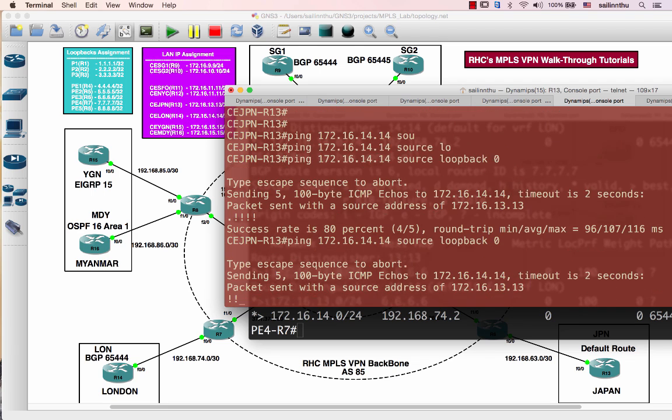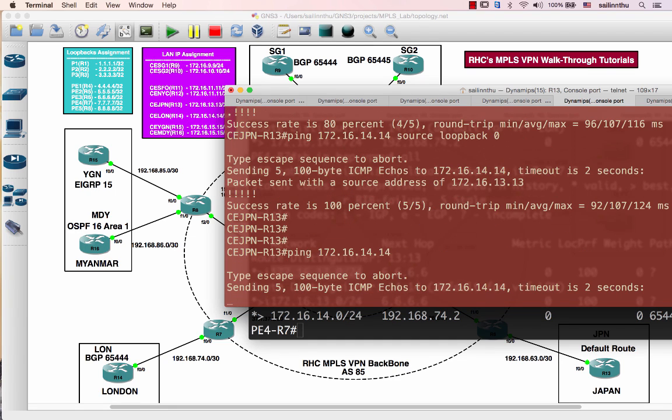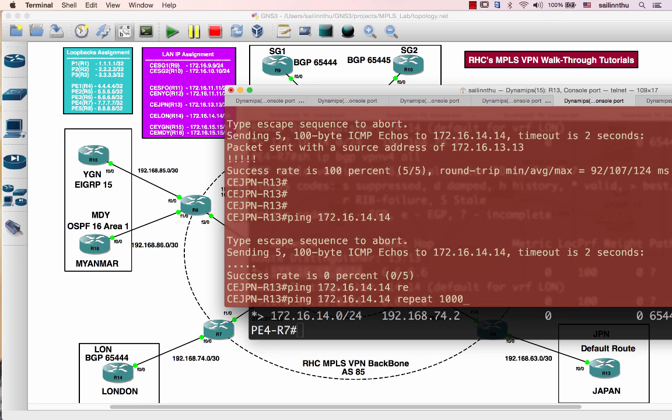Okay, I am able to reach. If we ping 172.16.14.14 this way, it's going to fail, because router 13 initiates the packets from here. Just now when I redistributed, I didn't redistribute the connected routes, I just redistributed the static route, so it will fail. So what I'm going to do is ping 172.16.14.14